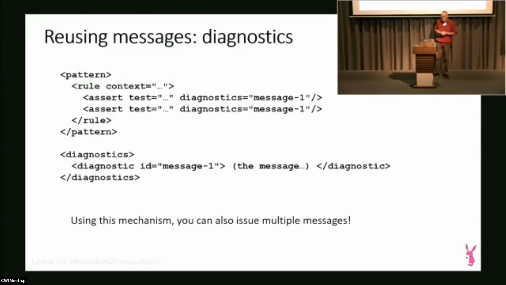Another thing which is interesting in Schematron is that you cannot only reuse patterns, but you can also reuse messages. So if you have a message that is the same in several assertions or reports, you can centralize it in a central place and reference it, so that you only have to write the message once, and when there's a grammar error in it or whatever, you only have to fix it once. So how does that work? In your assert here,